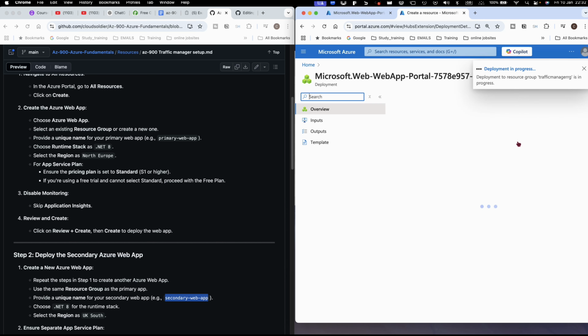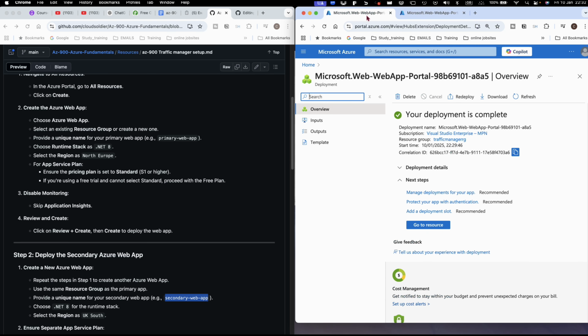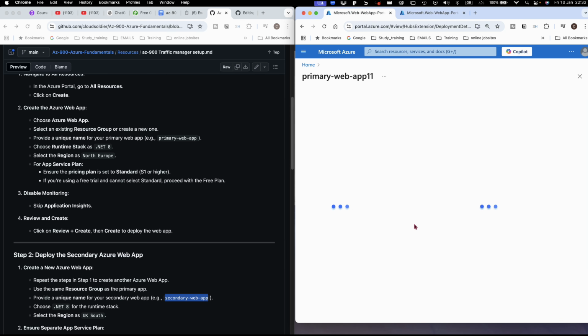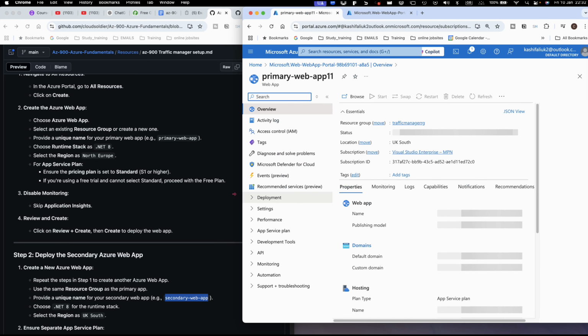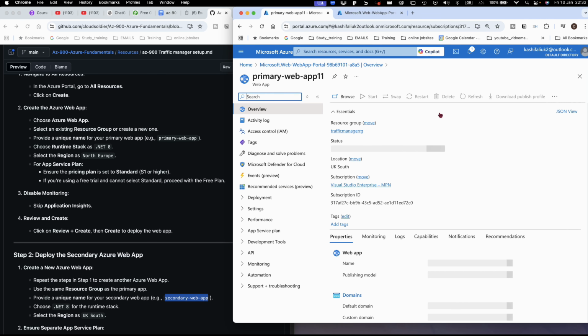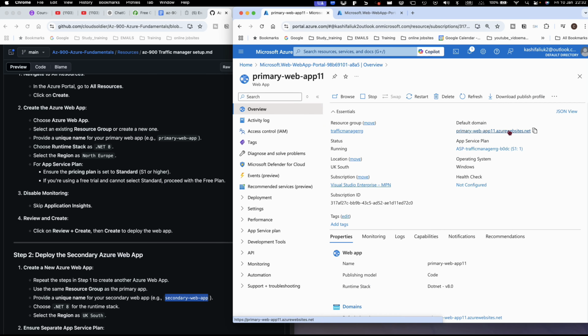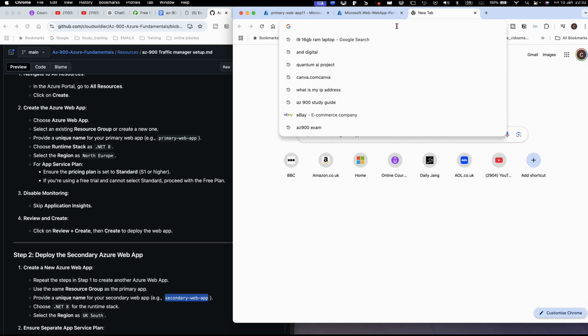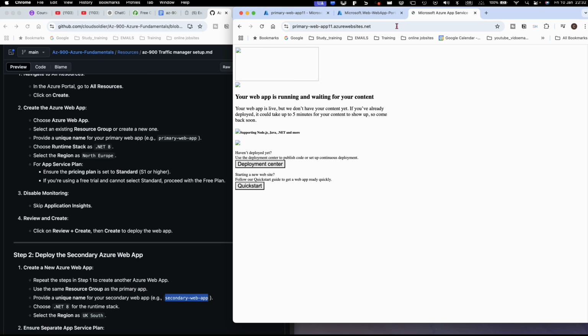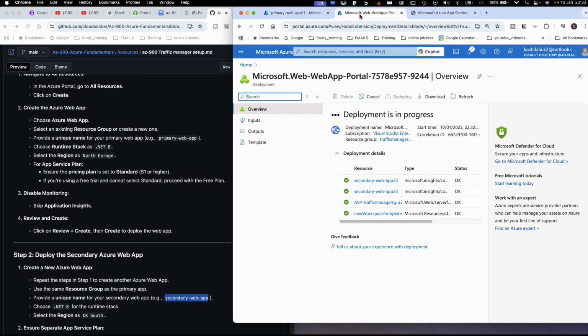Let's just wait. If you go back to our first one, it's been created already. So if you go to resource, just make it this level bigger. Yeah, and so if we go to overview, and if you copy that, that should say is up and running. Yes, your web is up and running. Okay, of course you don't have content. And same one, if you go to second one,